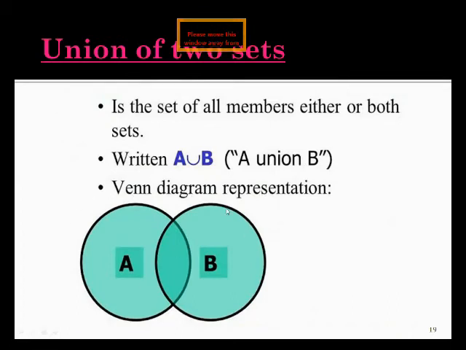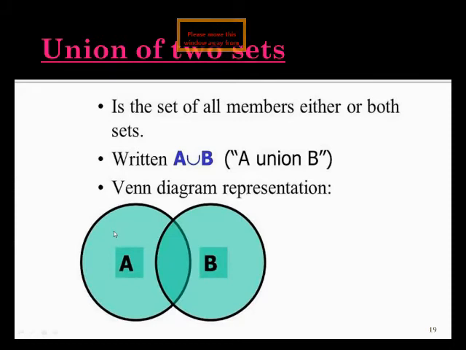Here we have to write the Venn diagram. It means that firstly we write the sets which are given to us. Then we find the union between these sets, just like we write all the elements in either or both sets. Then we write A union B. Then we have to draw the Venn diagram. As I told you previously, you have to draw two circles which are overlapping with each other, just like the set A and the set B.